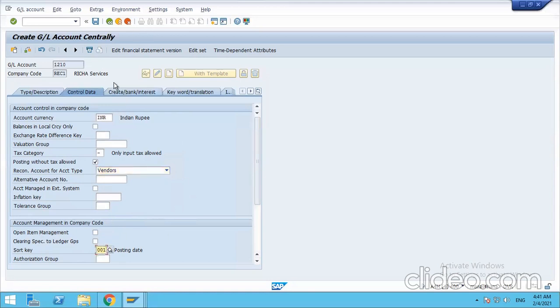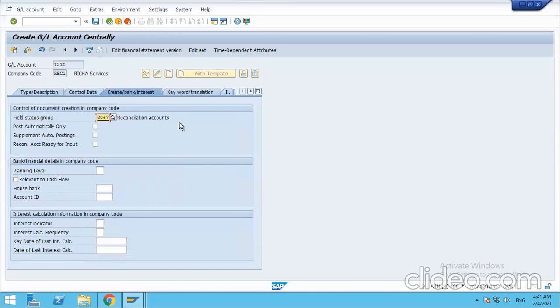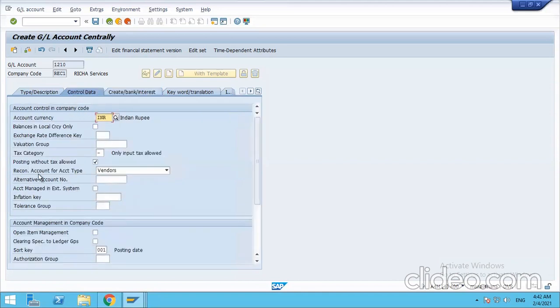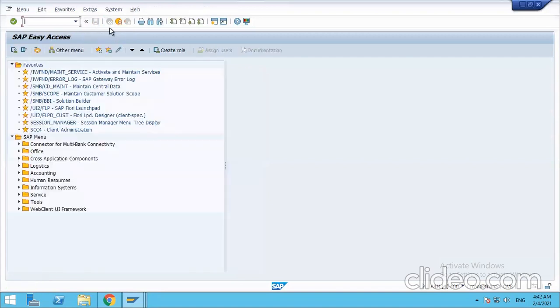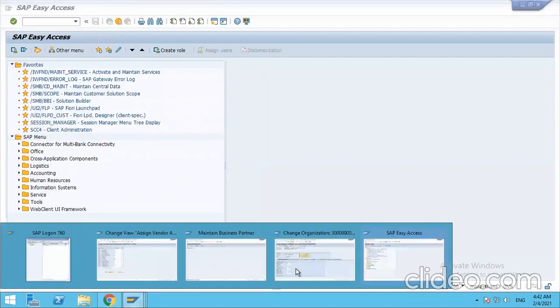And sort key 001, create bank interest. So for the reconciliation accounts, field status group is always G067, which is meant for reconciliation accounts. Again, we cannot have post automatically only, because we have chosen it as a reconciliation account, which means automatic postings only. So we can save it, 1210. And we can use this GL account